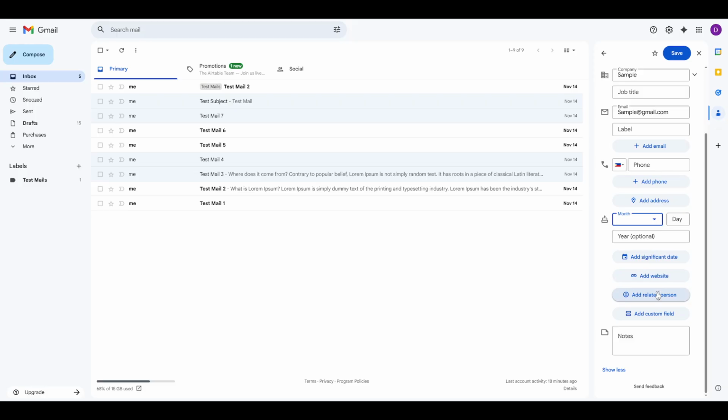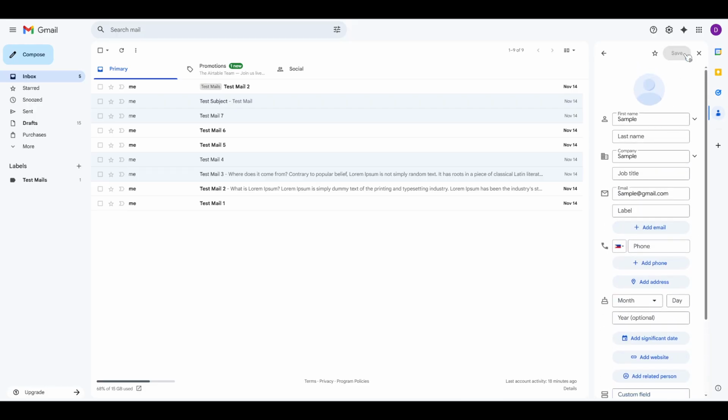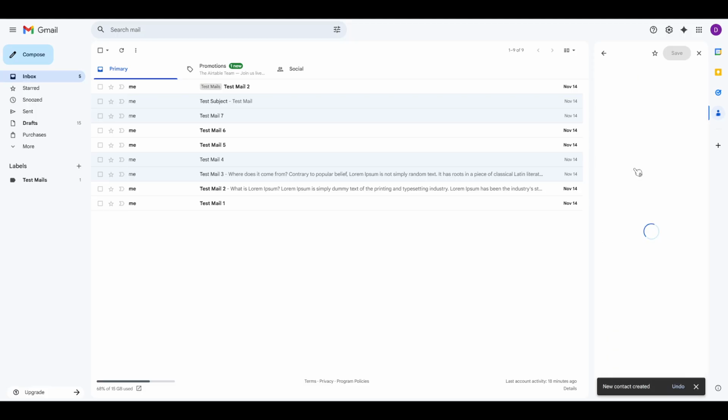Once you've entered all the information you want, go ahead and click the Save button. And that's it. You've successfully created a contact in Gmail. Now, anytime you need their info, it's all in one convenient spot, saving you time and keeping you organized. Feel free to customize your contact details as you see fit. It's a simple process, but it can make a significant difference in your